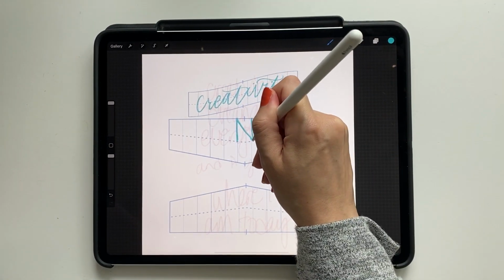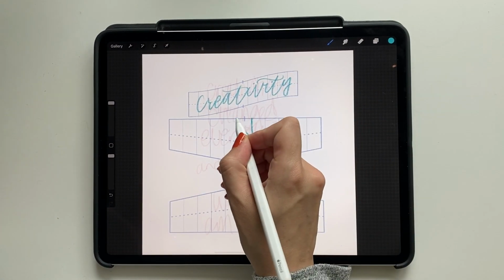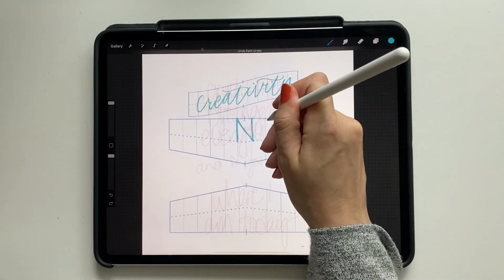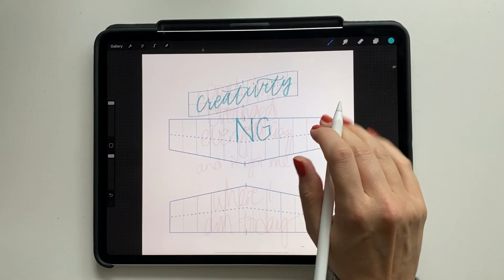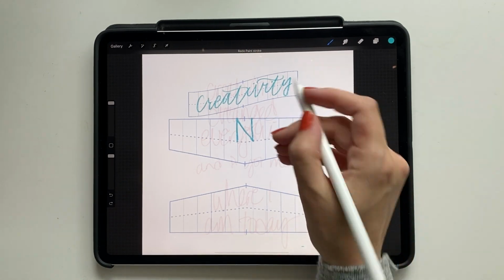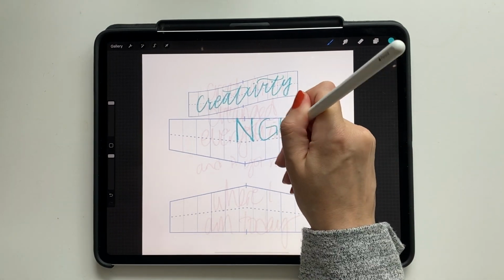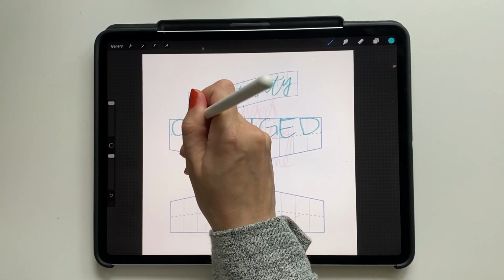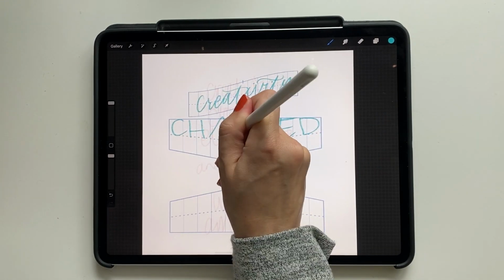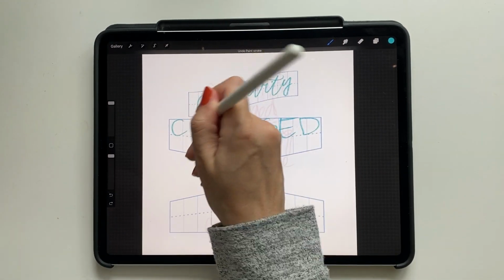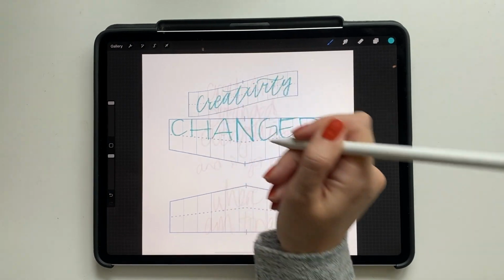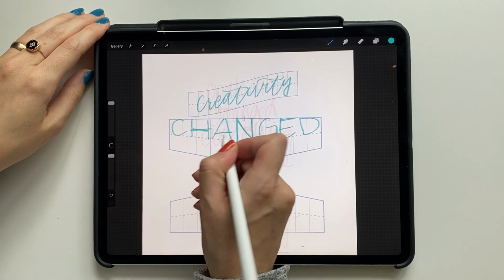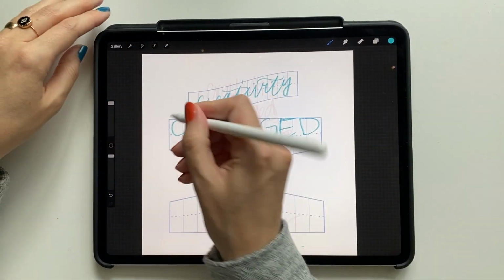And see how I have made it so that it touches the base and it touches the top here, and I'm going to do my G, making sure it is along those lines. I might actually make it wider because it looks like I've got room to. And my E, again, these are just drafts, so I'm just making sure that I am hitting all those points, and I'll make it look pretty later. Change. And it might feel really weird to do these angles, but if you just mind the guides,